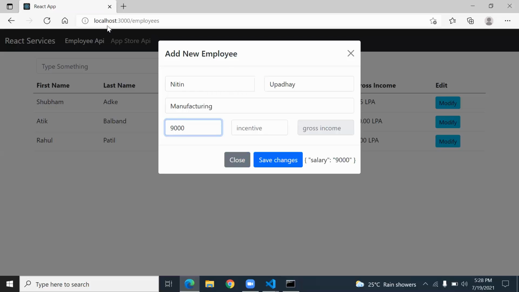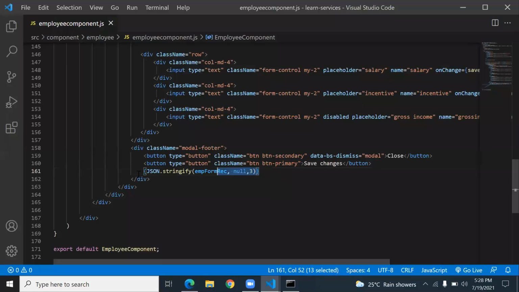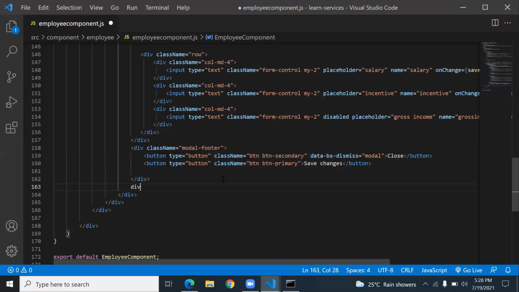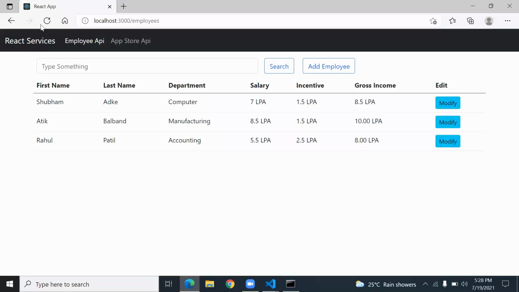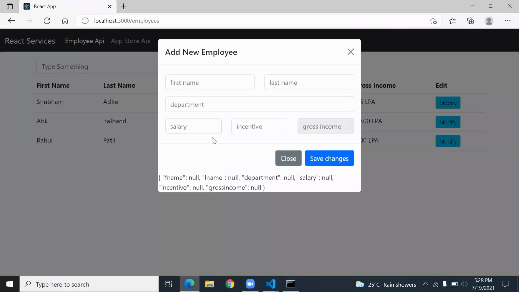As I've got salary, I want to show the gross income here. The data is prepared, but it is not fitting inside my window. Okay, so data is prepared here. A better way is to print it by creating one more div tag. Here I print it. Let me check. Yep, it's coming.